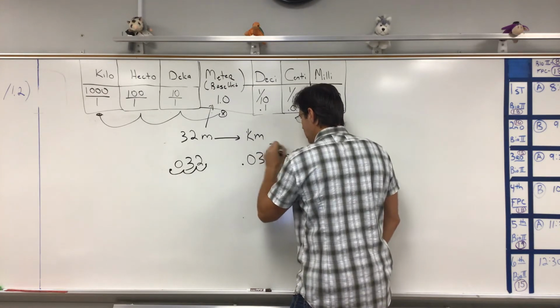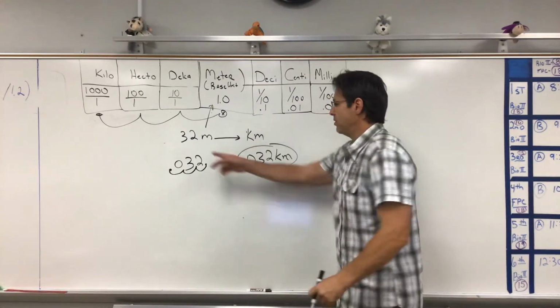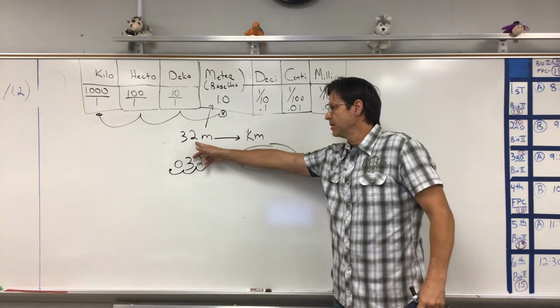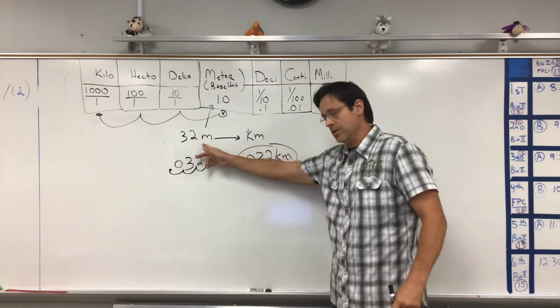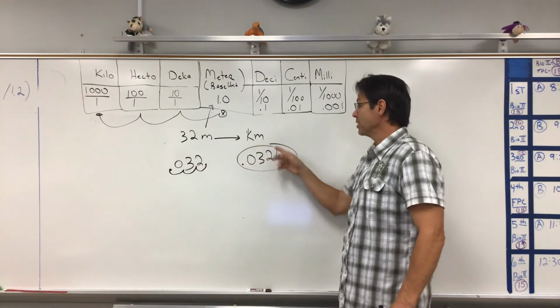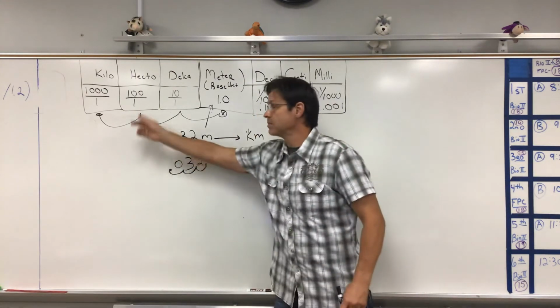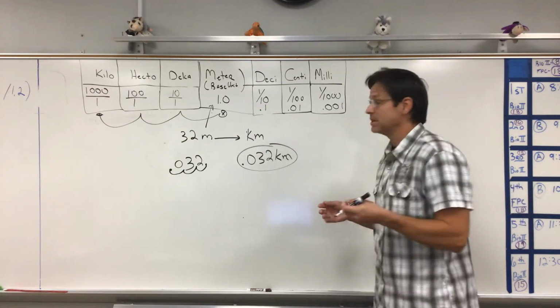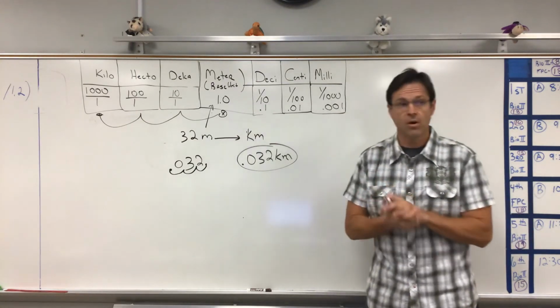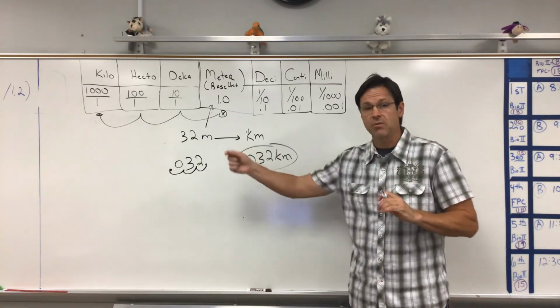kilometers. And what this is saying is 32 meters is the same as saying 0.032 kilometers, okay? I just moved the decimal. Now, this is the way you've learned for a real long time, and I just want to start with the basics. And like I said, there's nothing wrong with moving the decimal point left to right when you're in the